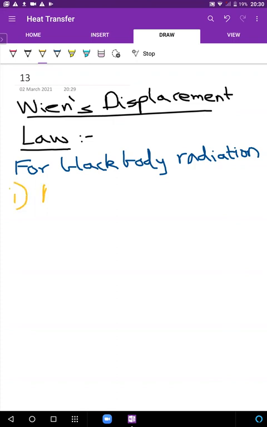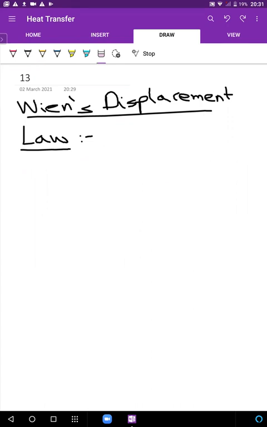as T increases, so, in fact, actually, let me come back to the statement in a bit. First, I'm going to show you the graph, and then let's talk about his law. So first and foremost, this is the graph